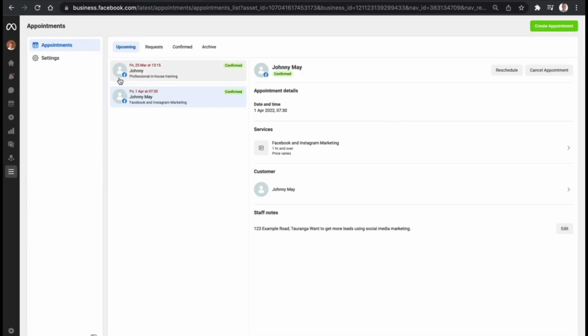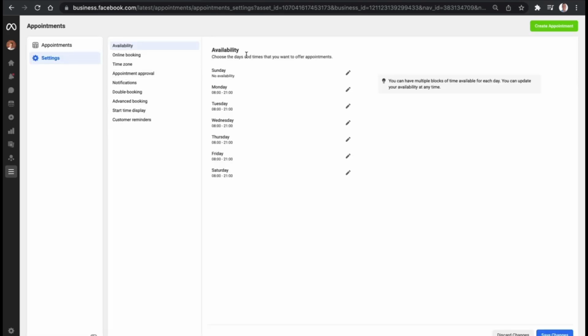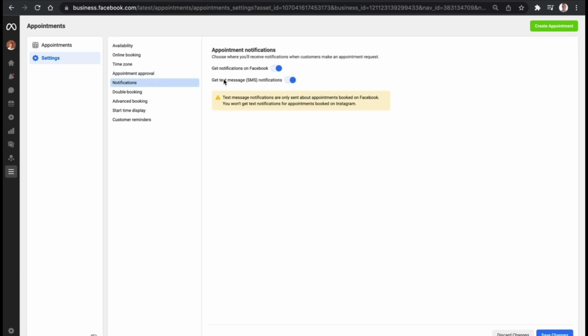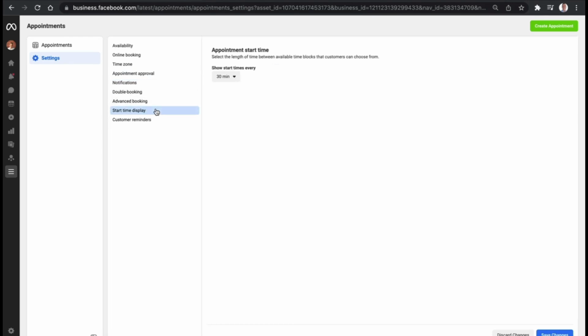If we hover over to the settings button over here, it's just going to show you quickly some of the features that you can use, a whole range of features related to appointments, such as your availability, the time zone that you're operating in, and the appointment approval. It's important to manually approve appointments just to give you peace of mind that nothing is going wrong or getting mixed up. And also receiving the notifications for the appointments, having the start time display every 30 minutes,